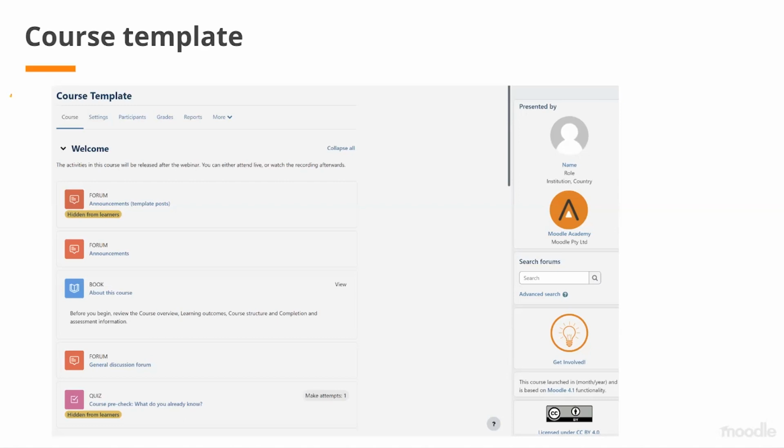We already had some things on that board, and that's these things here that are from the template. So that's the announcements forum, and about this course book, which contains the aim, learning outcomes, course structure, assessments and credits, a general discussion forum, and a course pre-check, which is just to see what you might know already about the content, but is formative and doesn't count towards the final grade.